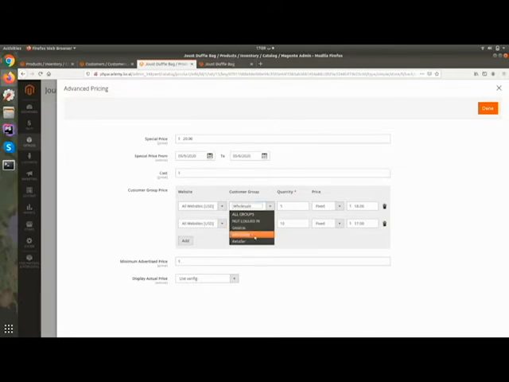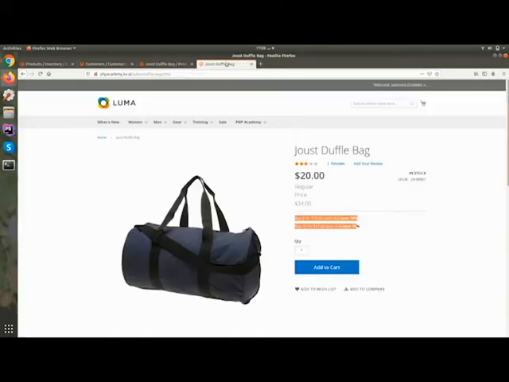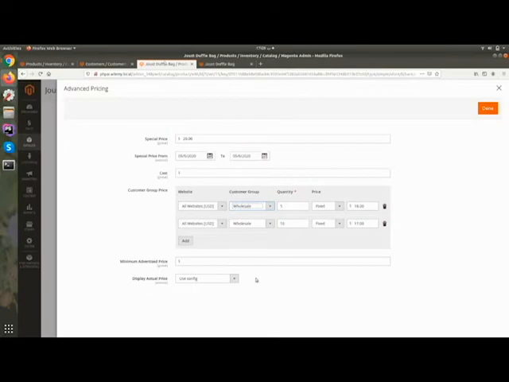Okay, so it will display. So suppose you don't want to display the price to all customers. Okay, you want to display the price only for a specific group of customers, so you can select from here. So it will display this price to that customer group only. Okay,